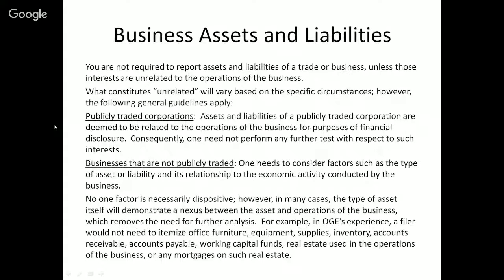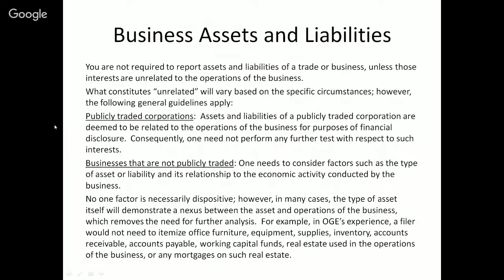Following on business, small businesses often have assets and liabilities, whether it's their office furniture, their bank accounts, loans to get the business started. This is our new guidance about when those assets and liabilities that are associated with a business would need to be reported. For publicly traded corporations, the assets and liabilities of a business are never reported. For businesses that are organized as private businesses, you would report the asset and liability if it is unrelated to